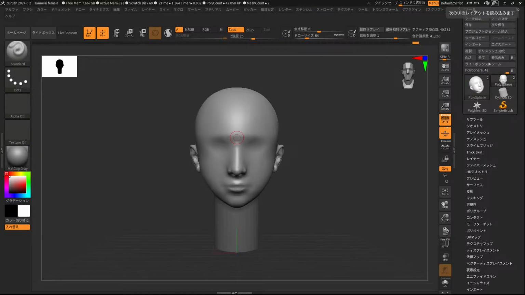Well, I can come over here, I can click reconstruct, and now I'm back down to all 4. Same with the head. Boom, boom, boom. Now I have 2 subtools, and I have all the detail that I sculpted. I have the pieces that I want, and I didn't lose anything. I just got to separate it. And that's because I could reconstruct, because obviously I can go all the way up, I can go all the way down.